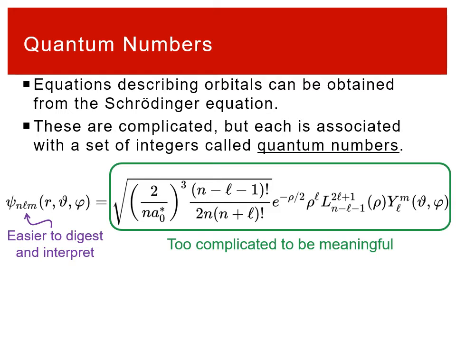And if we look on the right-hand side, those letters do show up. So these are what are called quantum numbers. And the whole idea of a quantum number is a number that has a value that is related to the property of, or the actual orbital shape, the actual equation of the orbital, but it's going to be easier to deal with, and it's going to inform what the orbital looks like. So instead of talking about the actual equations, what we're going to do is talk about the numbers that go into the equations and how that affects what the orbital looks like,